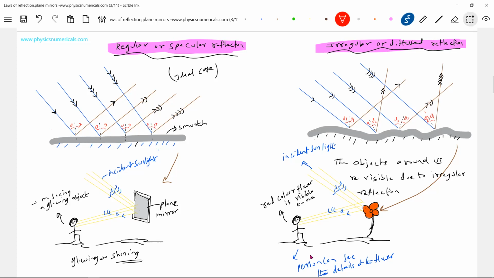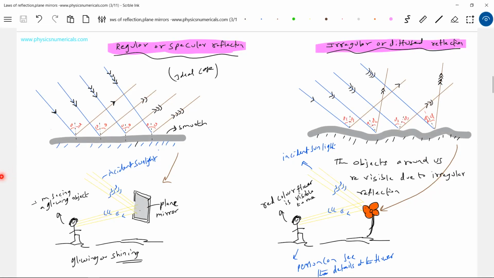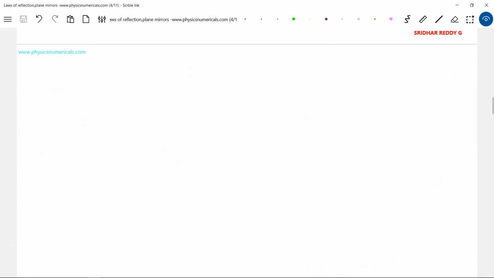Our syllabus will focus more on numericals related to this than this one. There's a practical approach and there's a theoretical approach. To study plane mirrors, reflection at a plane surface, we take the regular reflection, not this one. Here a lot of maths will be involved, whereas here there's not much mathematics involved. Okay, let's study the image formation due to